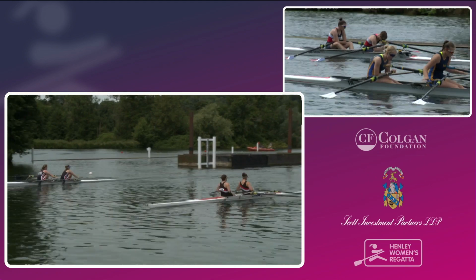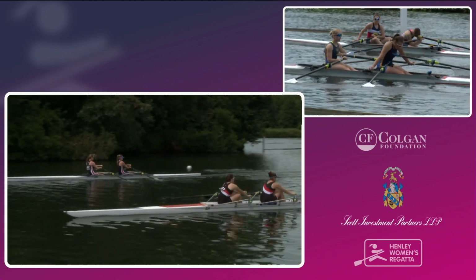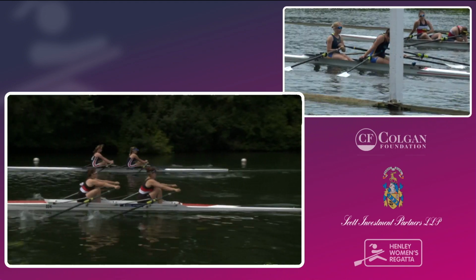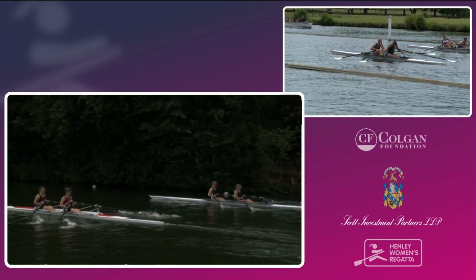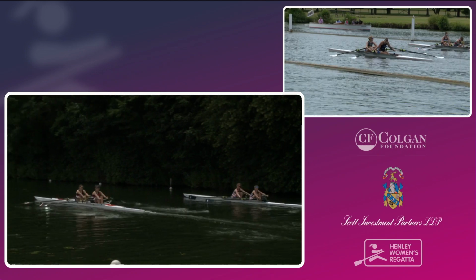We will keep you updated on all results as they come through and are confirmed for us. But we'll just head back down to the start now for race 153. Another contest in the junior doubles between Gloucester, Hartbury on the Berkshire